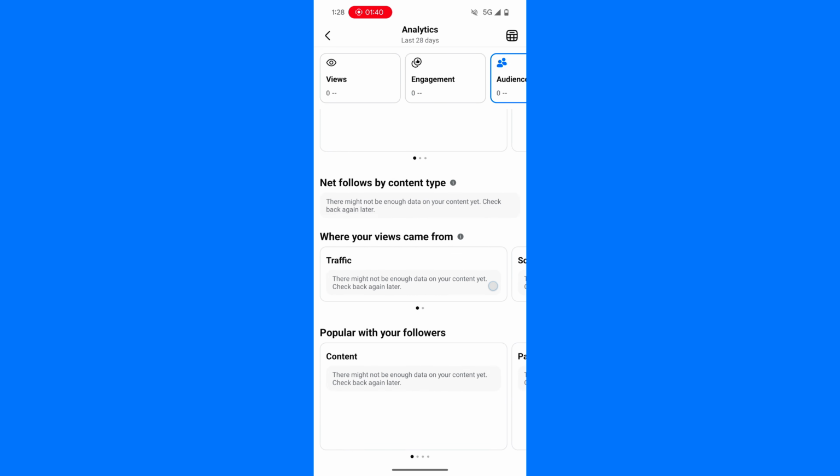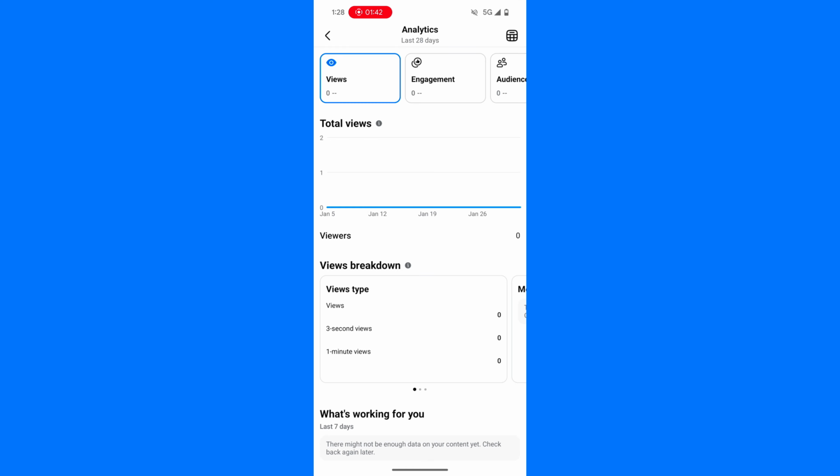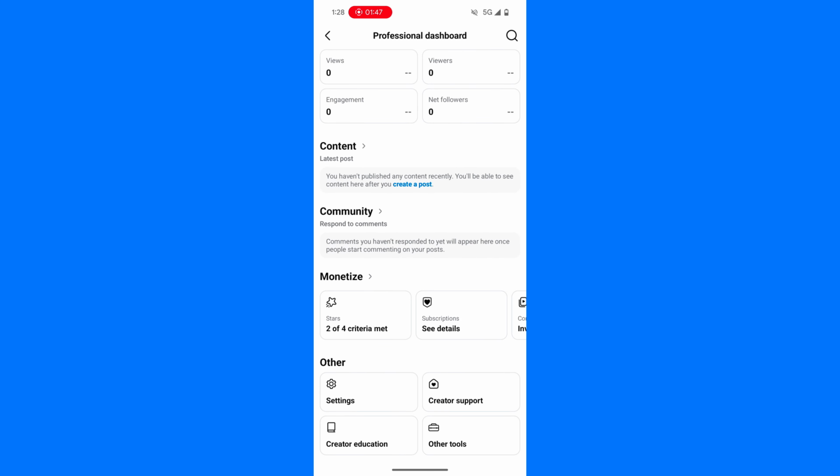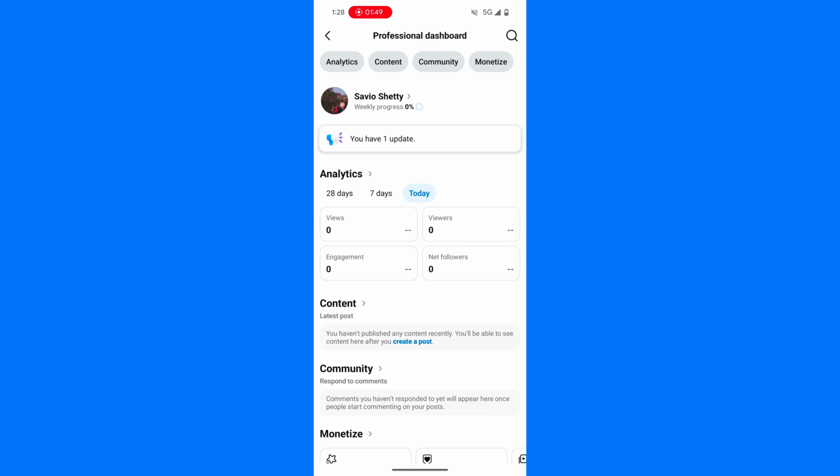So this video helps you to find out who viewed your profile by turning on the professional mode, and you'll be able to see all the possible insights on your